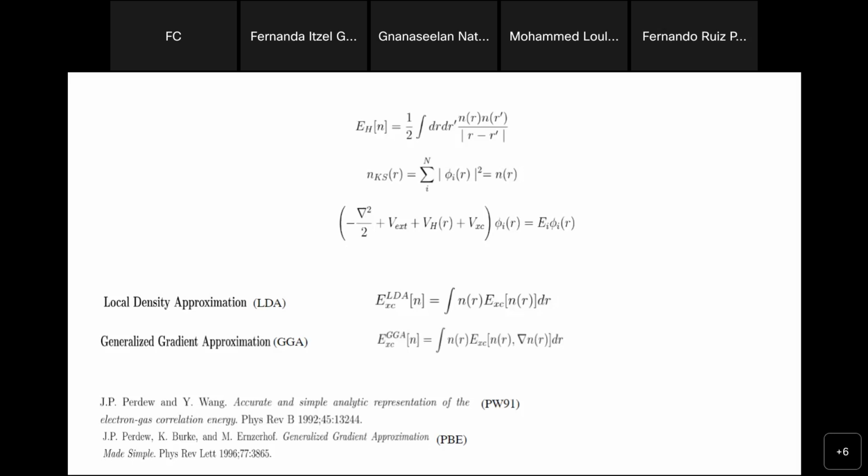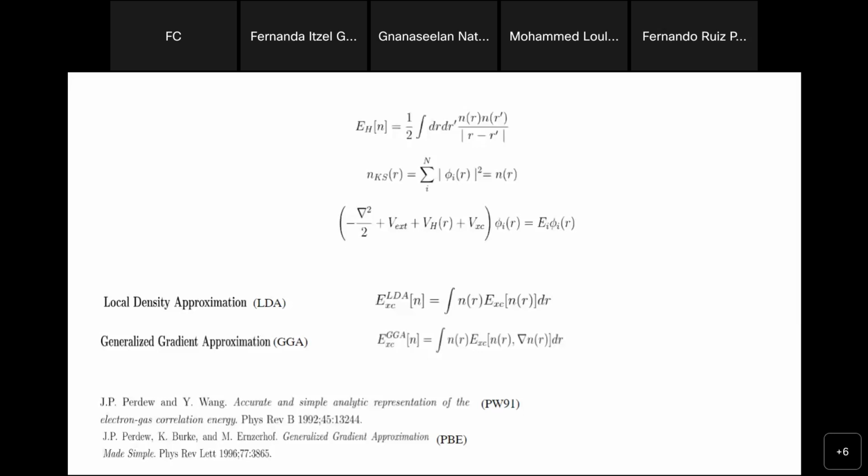The Hartree potential represents the potential of interaction between electrons. The problem is that the exchange correlation potential cannot be given explicitly, so there are two different approximations where the exchange correlation potential may be represented, namely the local density approximation, LDA, and the generalized gradient approximation,